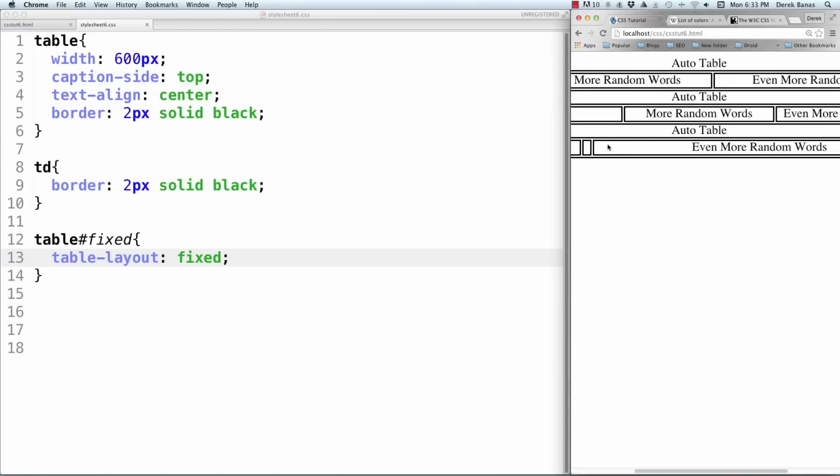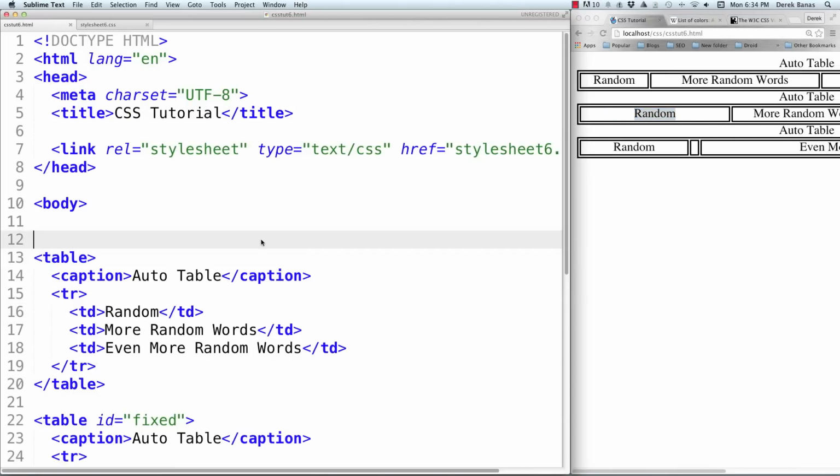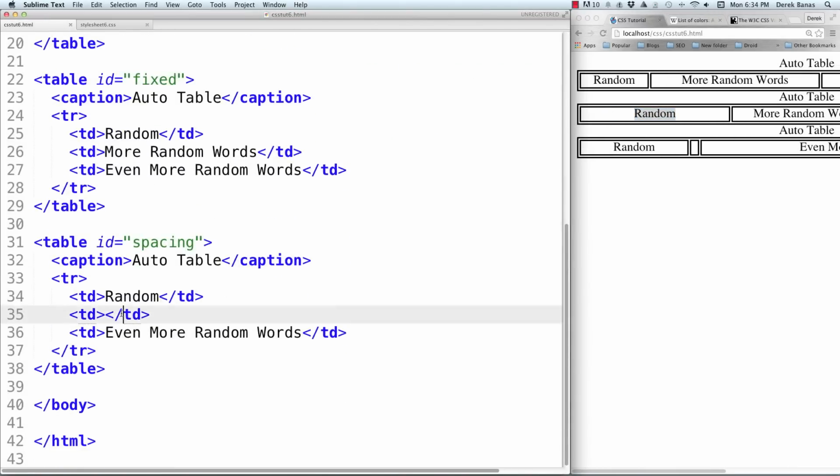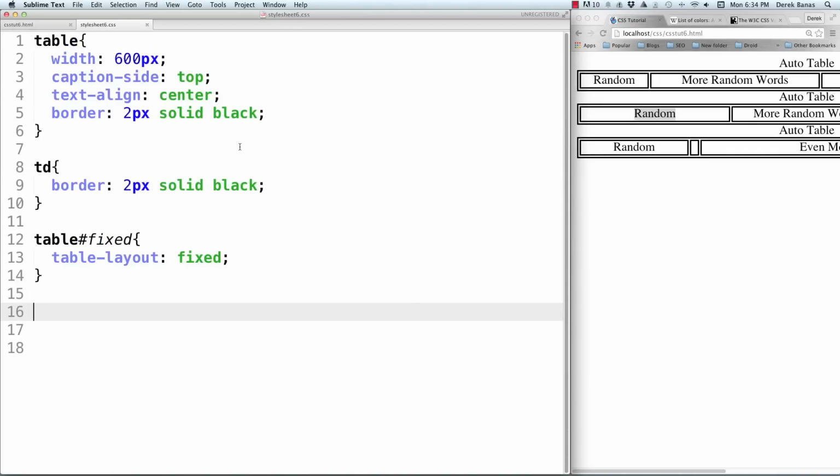Like that. And you can also see that this shows up even though there's no information in that specific table, while this one right here is fixed, and no matter how big the text is inside of here, it's going to remain fixed. However, for the table right here, let's go down so you can see there's nothing in there. If we want specifically to have that collapse, what we're going to do is say table spacing is the